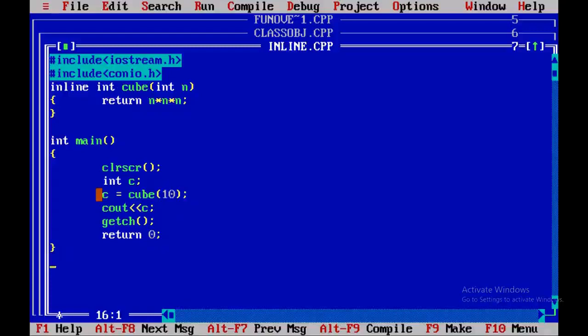Whenever the compiler finds the line c is equal to cube 10, this line will be replaced by the statement return n into n, so that the compiler can save the time of jumping from the main function to the function definition and getting back.